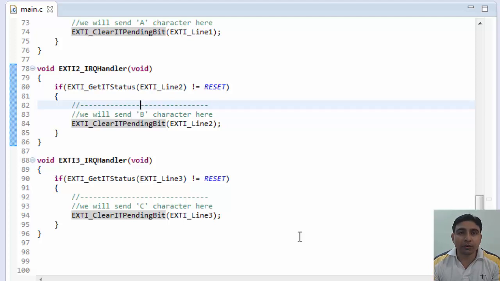Well, actually we only need the PD8 pin for transmitting. On the STM32F4 discovery board, we only transmit A, B or C characters and we are not receiving anything here. So we need to configure only the transmitter pin here and not the receiver.